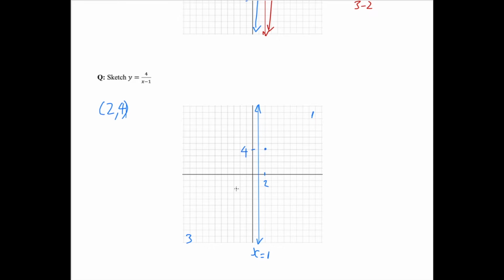And we also have to find the y-intercept, right? To find the y-intercept, we let x equal 0. So when x equals 0, what does y become? y becomes 4 over 0 minus 1, which is minus 4. So 0, minus 4 is also